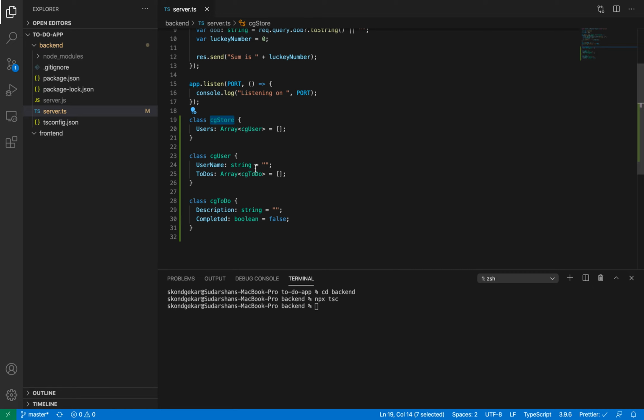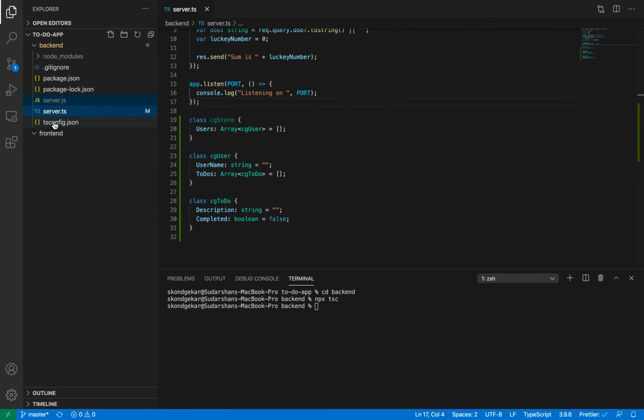So you mean to say when we put it in TypeScript, it automatically gets updated over there? Yes, when we run this command npx tsc, npx is a command line tool, and I am saying use the npx command line tool to run the TypeScript compiler. TSC is the TypeScript compiler. So it will convert my server.ts file into a server.js file.